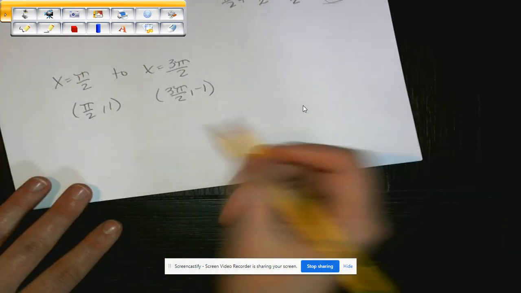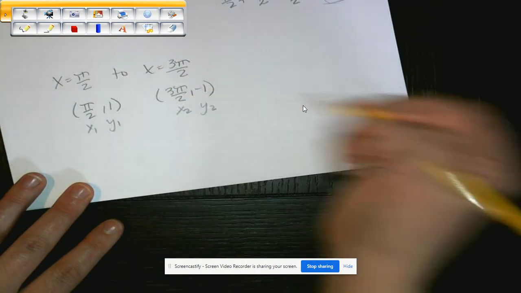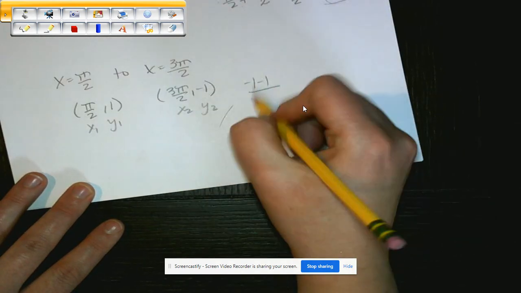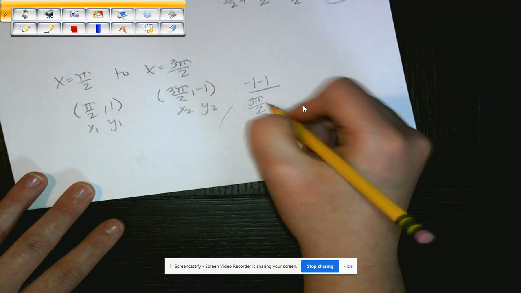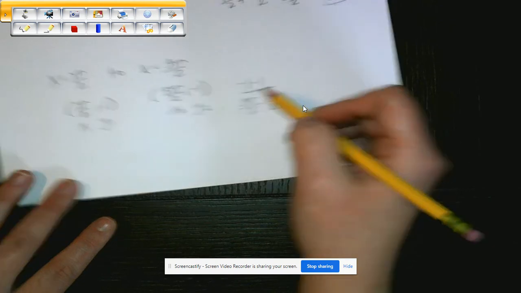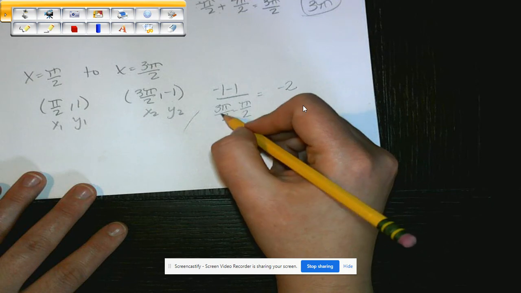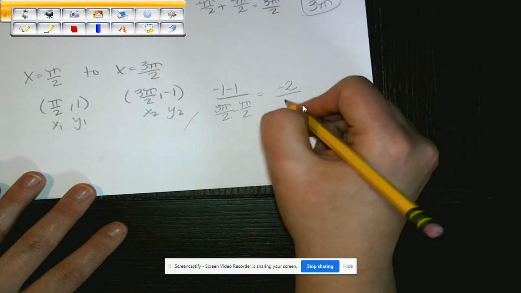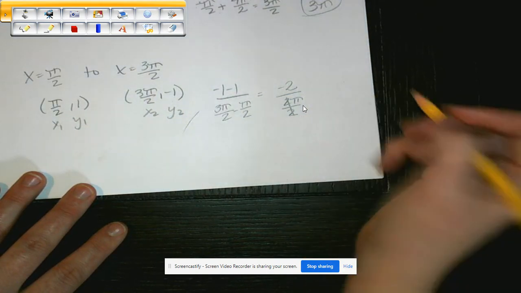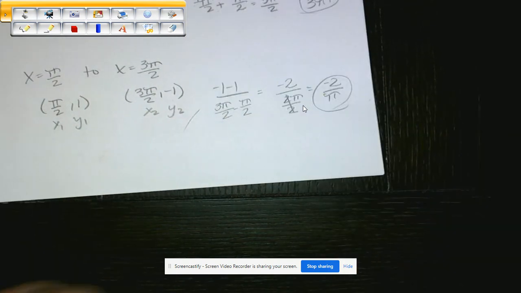All right, and we have our last one. So we have x1, y1, x2, y2, y2 minus y1 over x2 minus x1. So this is nice. We already have our denominators the same, so we can just subtract. 3 pi minus 1 pi is 2 pi over 2, and that just cancels, so we don't need to do the reciprocal. We just get 2 over pi, and it's negative 2 over